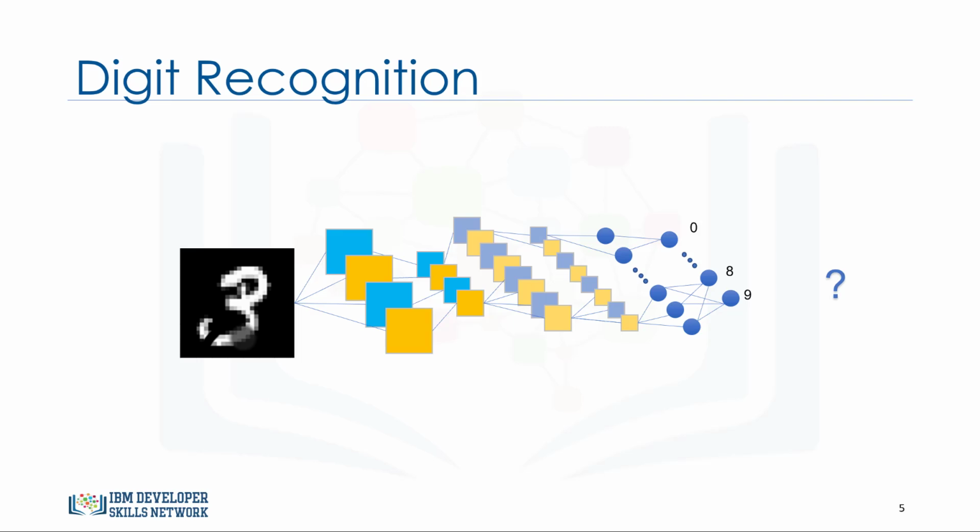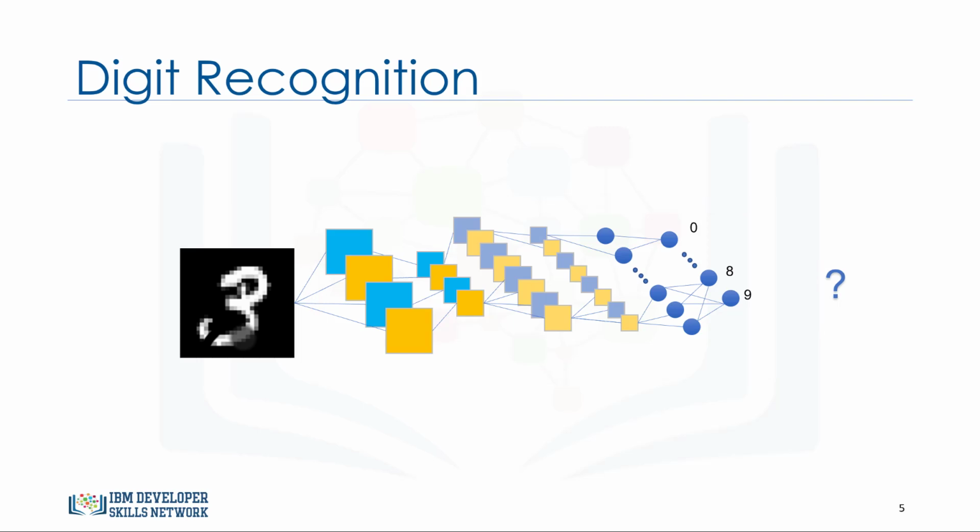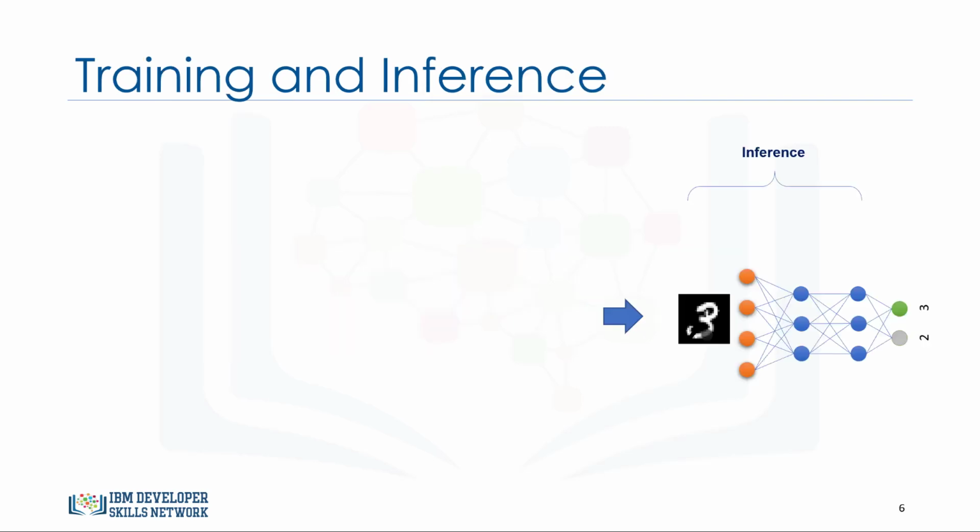We would like to classify images of handwritten numbers where the observations are the intensity of the pixels, and the target will be a digit from 0 to 9. So, our objective here is to build a digit recognition system using CNN. Now let's look at it from a higher level.